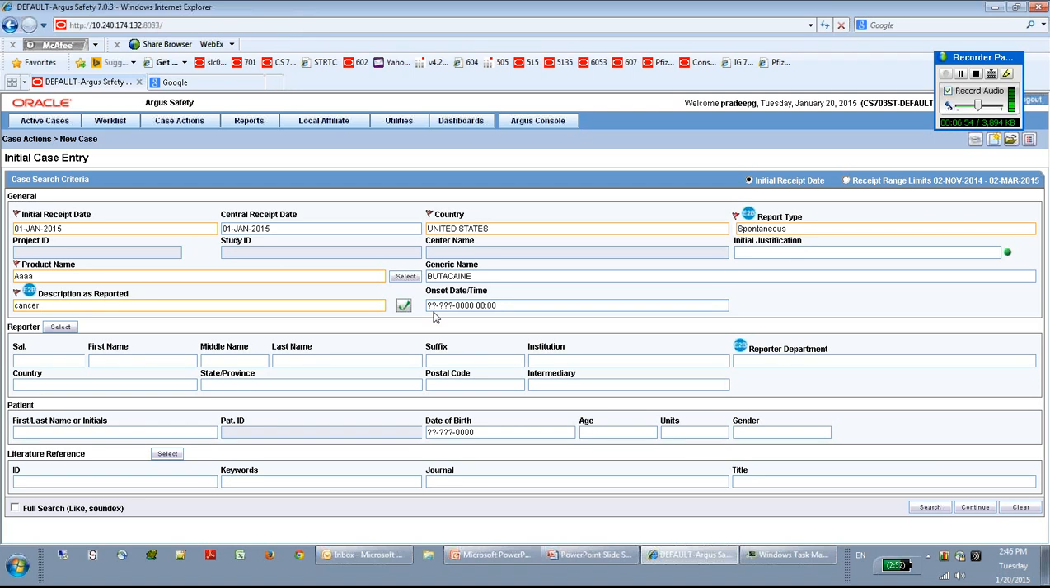Meta dictionary, sorry. Meta dictionary is a dictionary which is given by NSSO, which contains all the latest events, which is globally recognized, this particular dictionary. Okay. Then let us enter